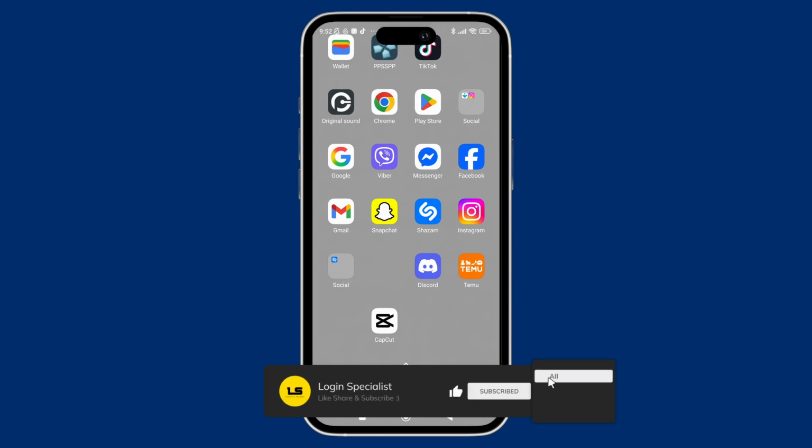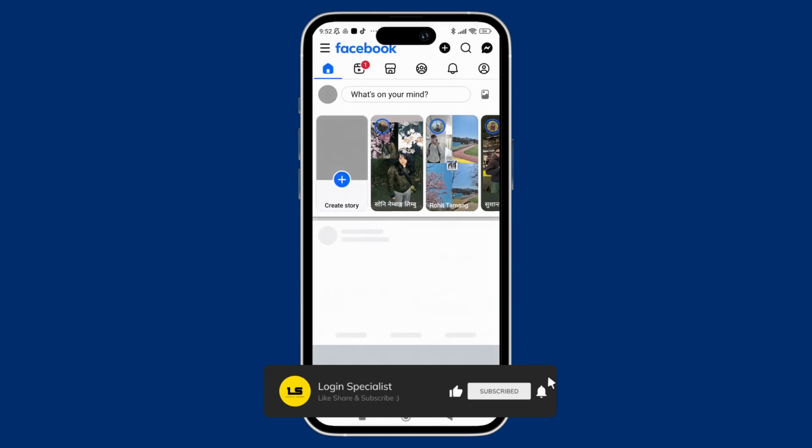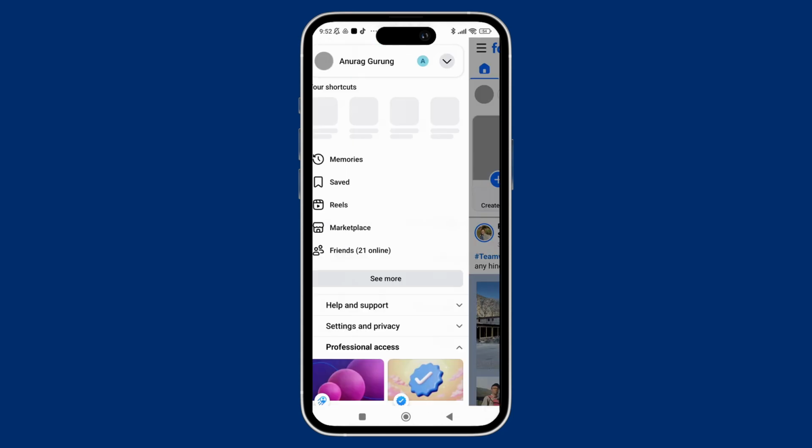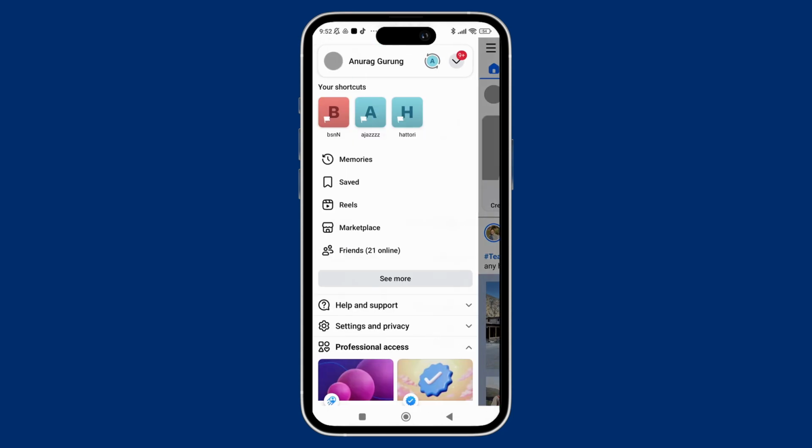So here, first thing first, open the Facebook app on your phone and make sure that you're logged in to your account. And now here, once you're inside the app, just tap on the three dash icon shown in the top left corner of the screen. And now here from the pop-up menu, just select the Facebook page that you want to manage under your profile